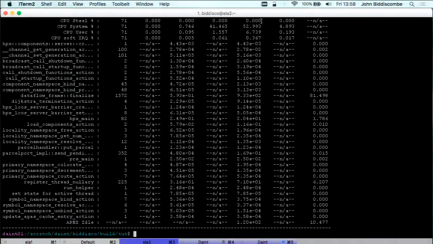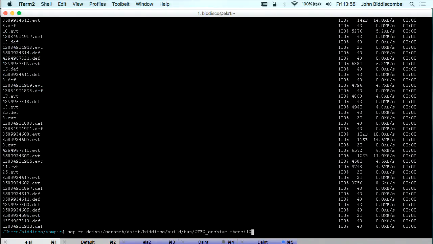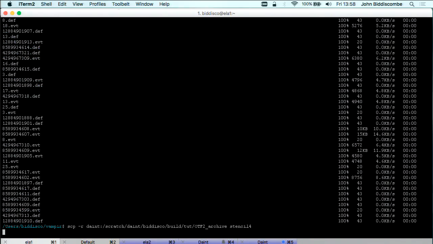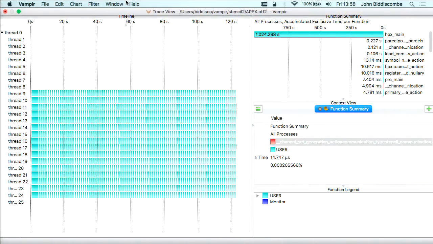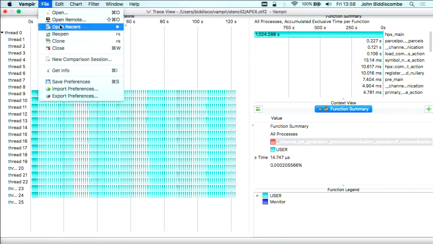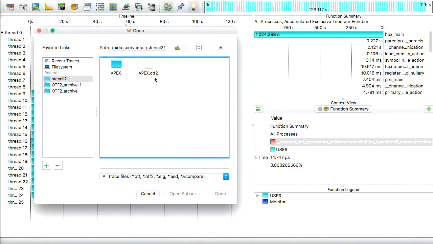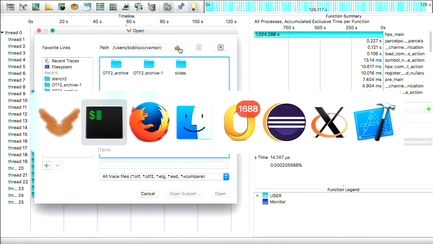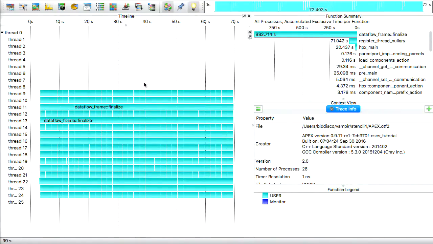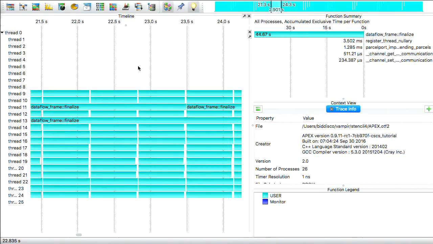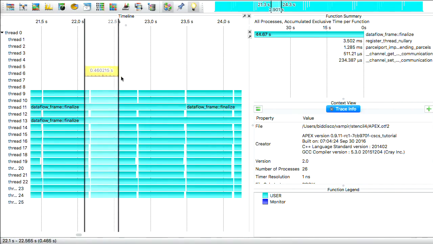Okay, meanwhile, the other one is finished, so what I will do is I will now copy that over as stencil 4. And in here, I will say File, Open. Just check that's finished copying. Okay, it has. And stencil 4. Now what we're looking for is a pattern where those gaps, okay, now you can see those gaps have been filled basically, and